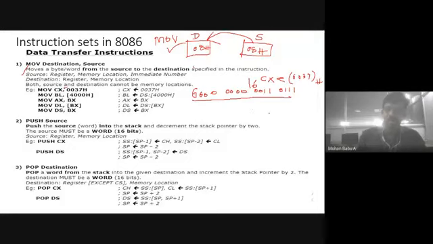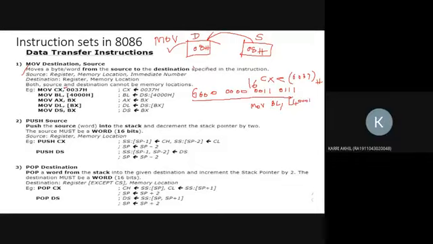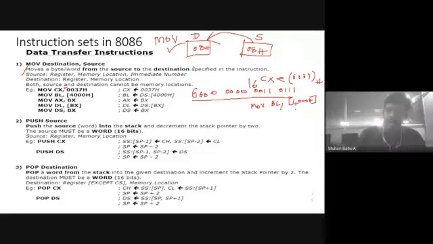What will it do? MOV BL, [4000H]: the data in this address 4000H will be moved to, or stored in, the register BL. For example, this is a data segment register. It will contain some data in different address locations. Consider the address locations 4000, 4001, 4002, 4003. They contain some data. It may be 8-bit or 16-bit data.